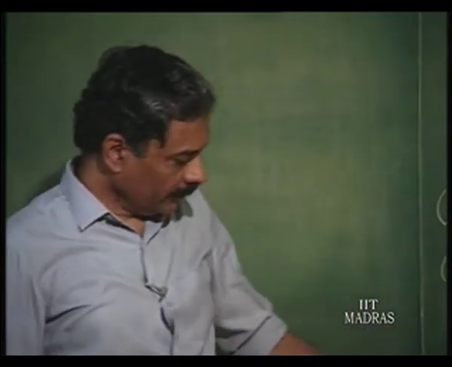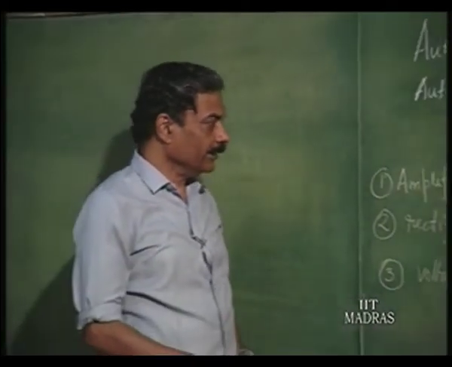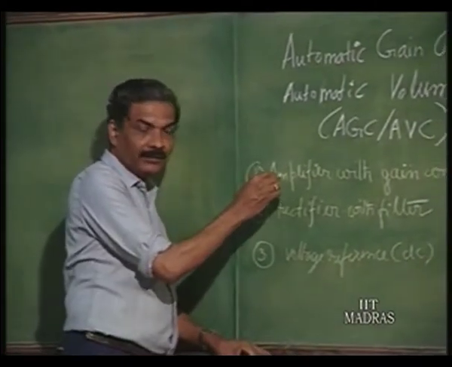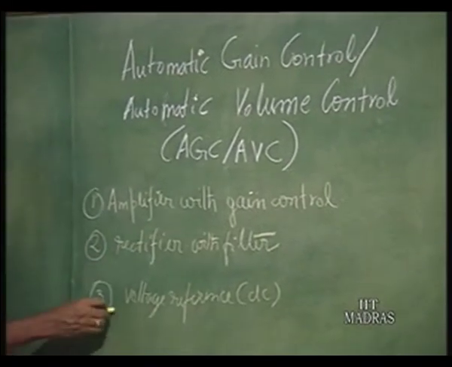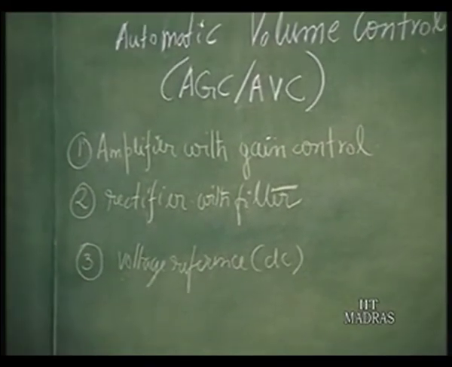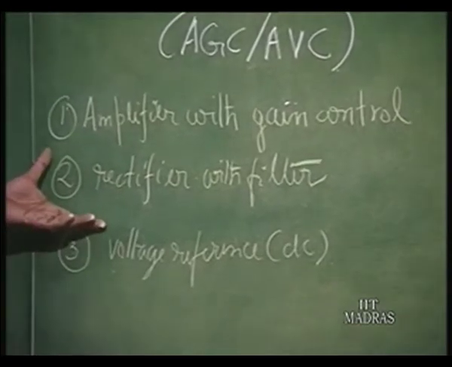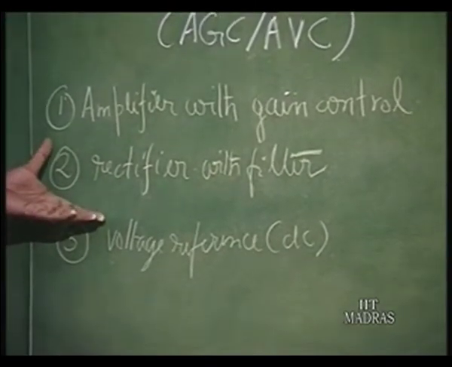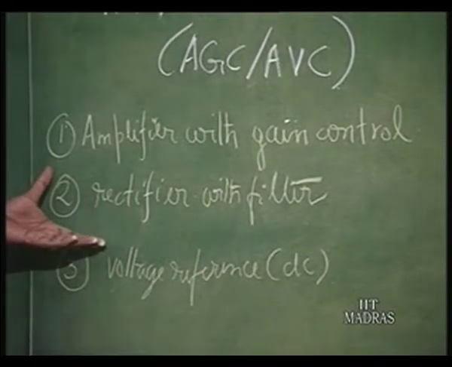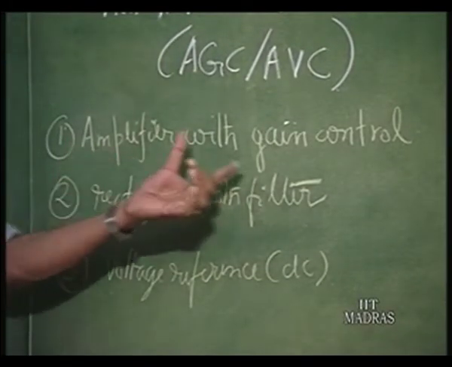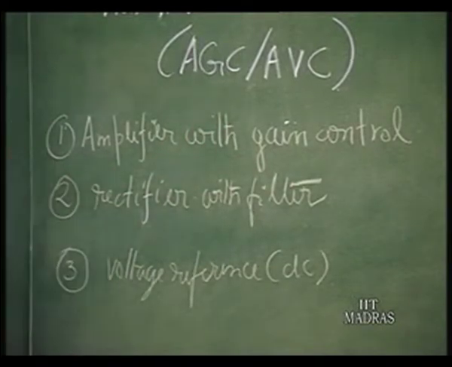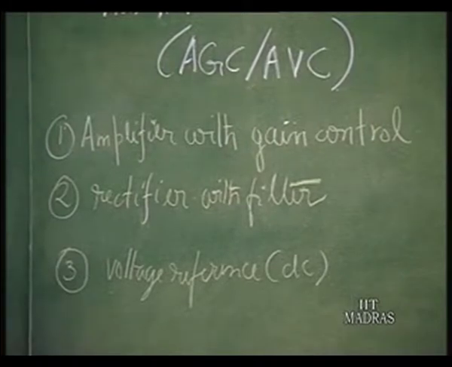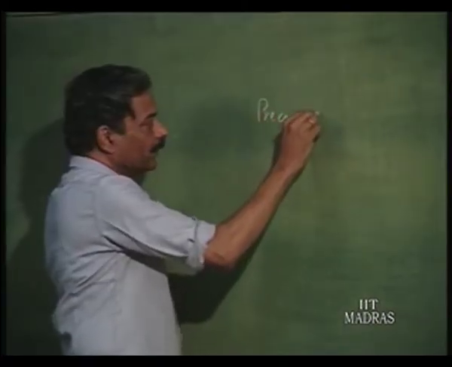We had seen how this AGC system involves basically an amplifier with gain control, rectifier with filter and voltage reference. So, these are the three basic components of any AGC or AVC system. If it is an amplitude stabilization of an oscillator, it becomes an oscillator, okay, with gain control there, and then rectifier with filter and voltage reference. Now, the rectifier, we would like to discuss a circuit for precision rectification